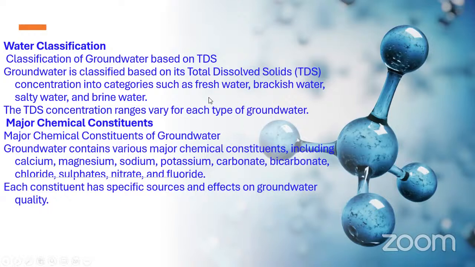Up to 1000, up to 1500 or so, we can use for domestic purposes, and above that we can use for agricultural activity, and above 3000 we cannot use for industrial purposes, because the dissolved solids may cause problems in the